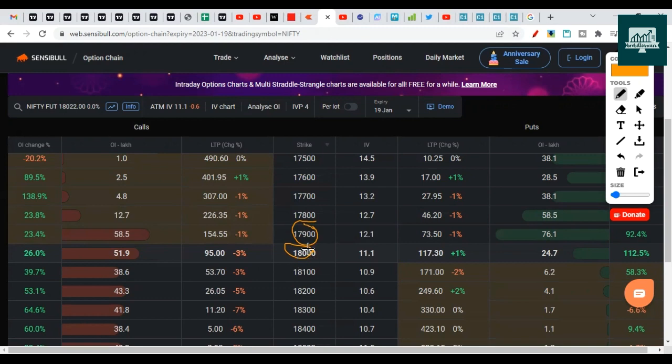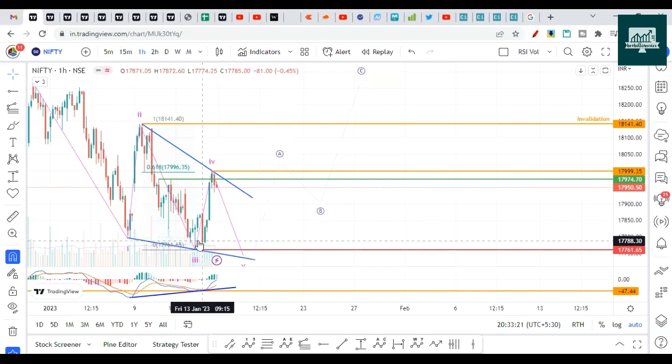And yeah, a break on either side will trigger a short covering rally. Even if we have a close above 18,000 next week, that is a trigger for us that it will head higher by 200, 300 points. If 17,900 is broken again, we can expect a 200 points dip, max towards 17,650. But even 17,700 may not come. We might just touch and break this one.